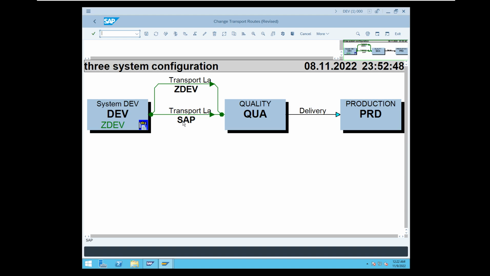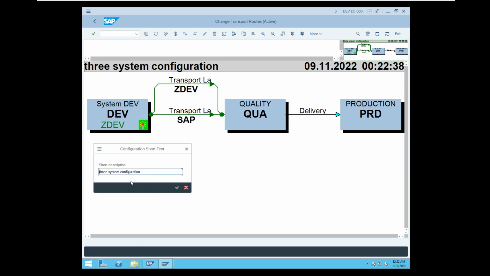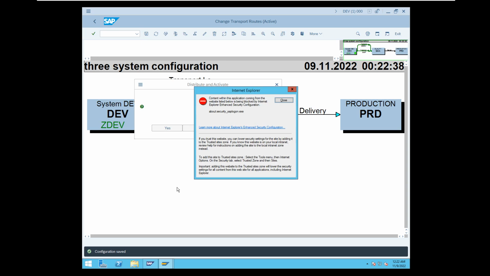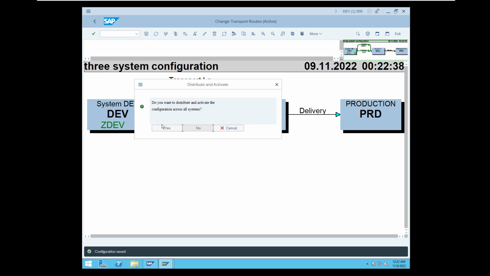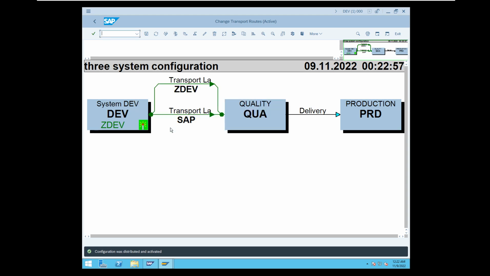One is for standard objects, the route name SAP. For customizing objects, Z SID. My SID is Dave here. So first change and edit, then standard configuration, then distribute and activate. The TMS configuration will be activated across the landscape. Okay. Three systems configure. Save three systems configuration. Do you want to distribute and activate the configuration across all the systems? Yes. Now the configuration is